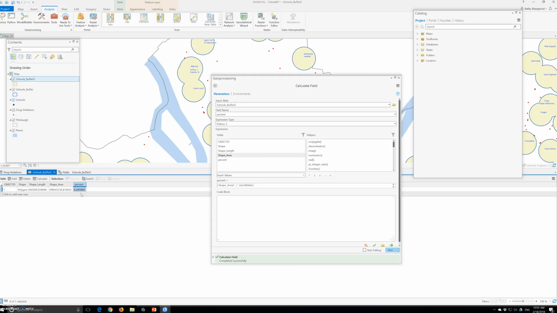A better estimate, however, than the one we just did would use the Pittsburgh area with human activity instead of all of Pittsburgh for the divisor. We have to subtract the area of rivers, cemeteries, steep hills, and so on, which is about 50% of Pittsburgh's area. So we would expect 49% of drug arrests to be in the drug-free zone buffers, which is considerably larger than the 33.8% found. So perhaps the law reduces drug dealing near